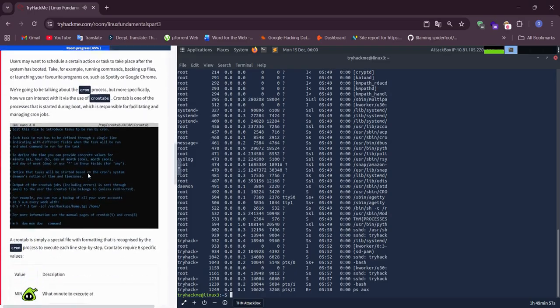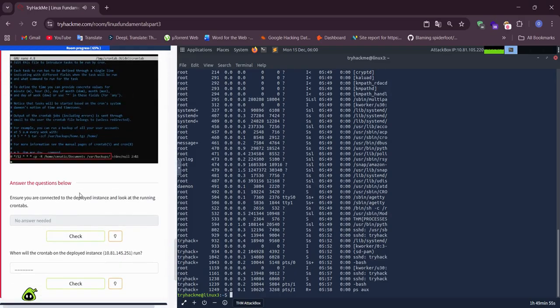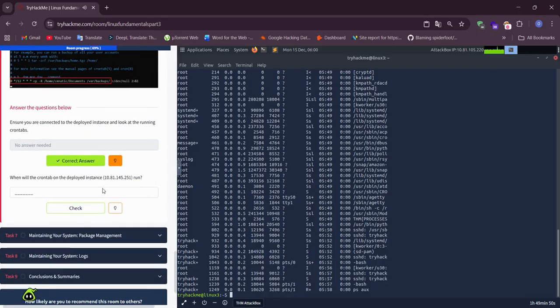Maintaining your system, automation. Ensure you are connected to the deployed machine. When will the crontab on the deployed machine run?